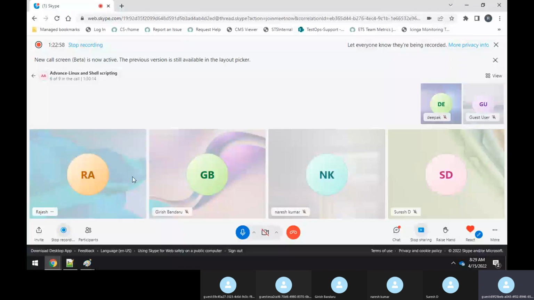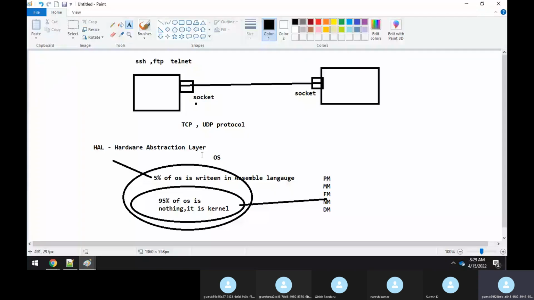So obviously you have to put some salt. That salt is nothing but your assembly level language instruction, the HAL. Your whole puliyogre is your 95% of the operating system, the kernel. That pinch of salt is nothing but your HAL.